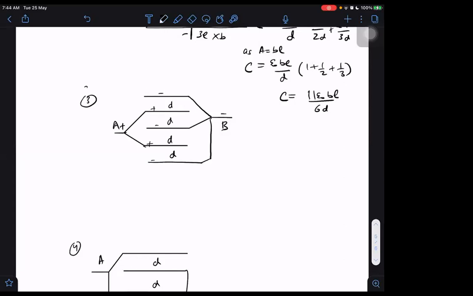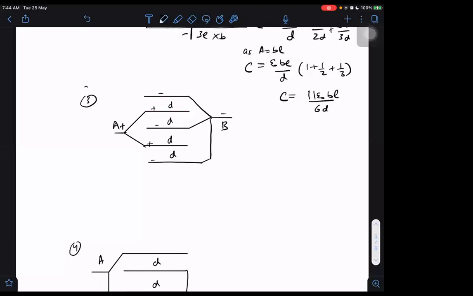Anyway, come to this. Plus to minus, plus to minus, plus to minus, and plus to minus. How will the fields be existing in between? Fields will be going in this way. Positive to negative here, this way. Here the field will be positive to negative again. Positive to negative. And positive to negative. This single conducting sheet here is forming a capacitor on two sides, this side as well as this side. This single conducting sheet is forming two capacitors, meaning I can treat them separately surface-wise.